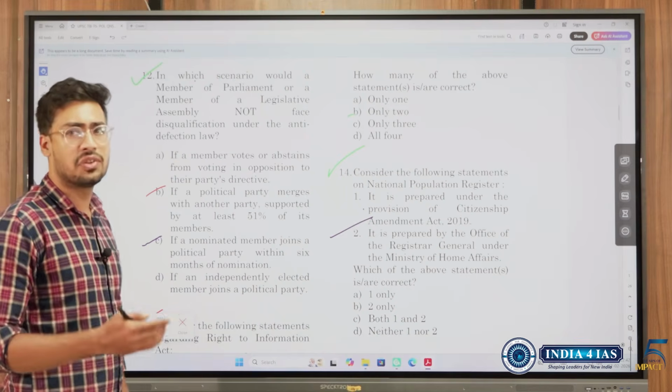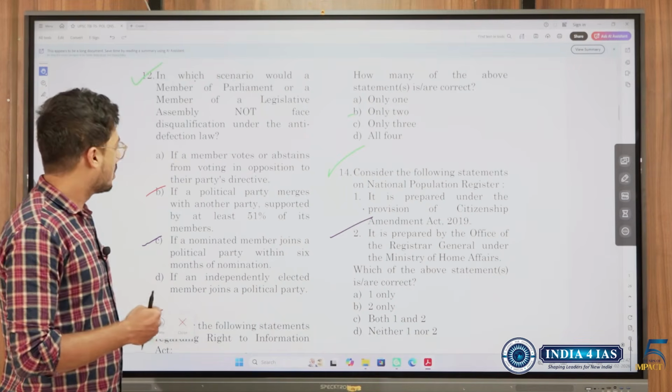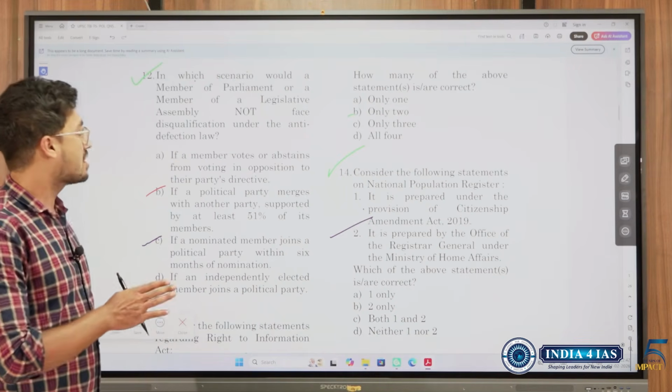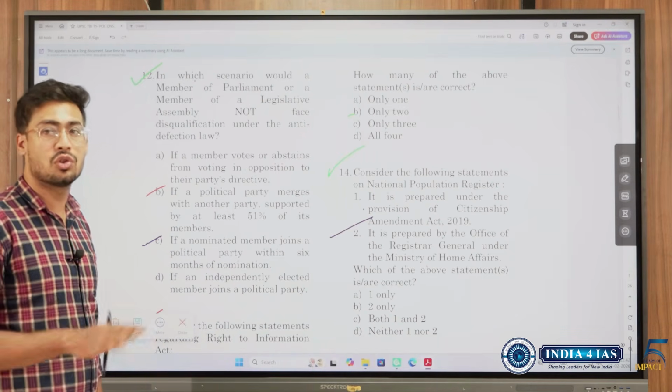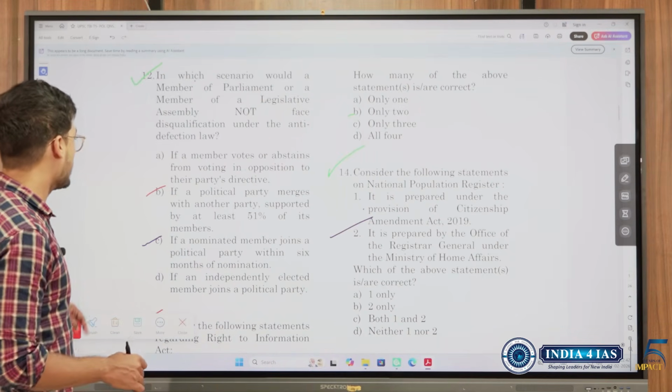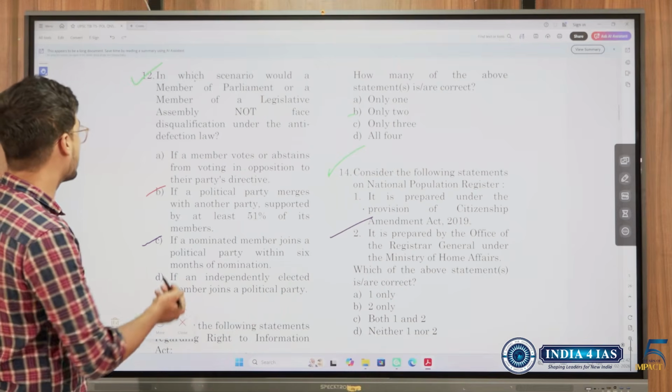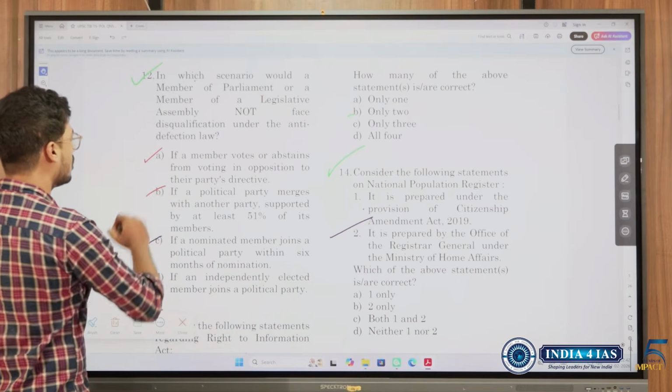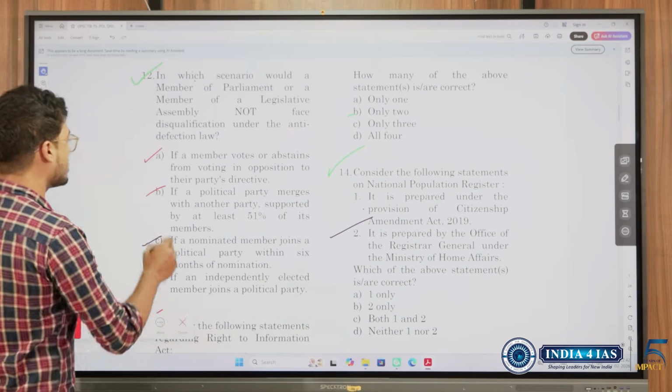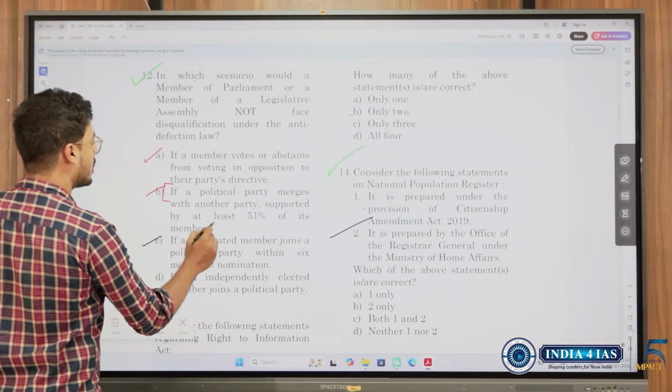Now anti-defection, 52nd amendment, which schedule? So what are the provisions? There are 4 provisions for anti-defection. You should know this by heart. So what are they given? If a member votes or abstains, now this is something which you should know. If a political party, now this has not been given, so that is why I wanted you